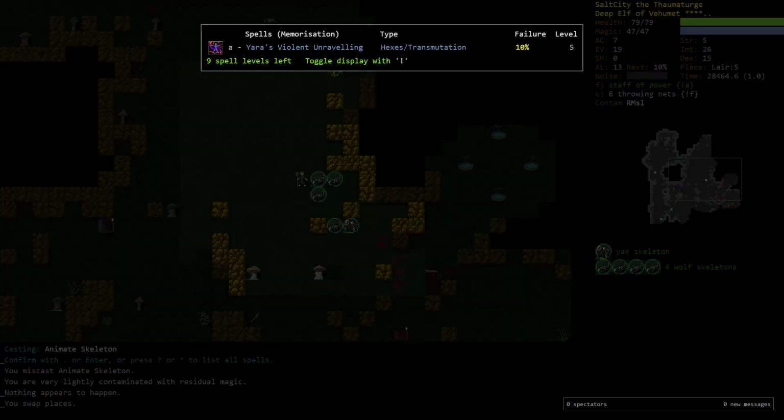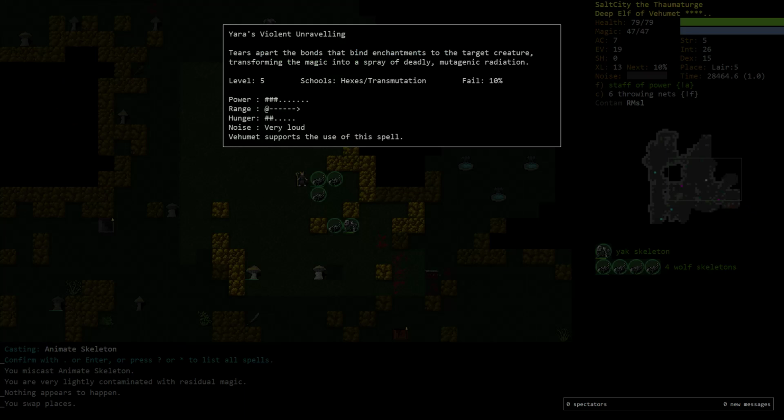Okay, Vehumet has given us Yara's Violent Unraveling. This is a Hex and Transmutation spell, so this is a good time to bring up cost efficiency. This is an irresistible corrosion sort of attack that works especially well on enchanted enemies that have buffs. It's considered a bad spell because it's a Hex Transmutation spell, and it's also direct damage. Hex and Transmutation, neither of those tend to be direct damage schools, and mages would have to go very far out of their way to get that. And it's also level 5, and it's also very loud. So there's a whole, in terms of,